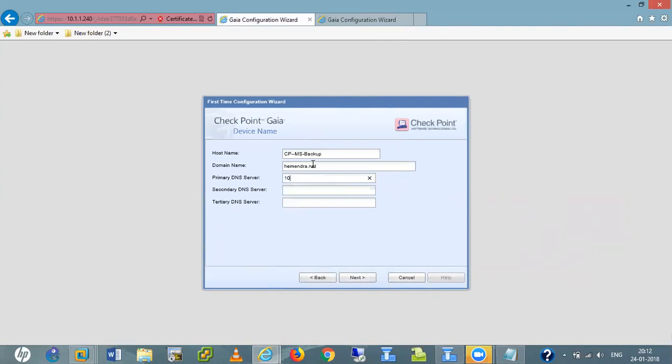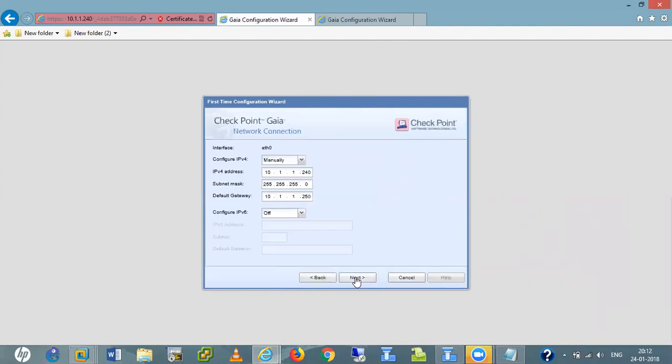Here I give the DNS: 10.1.1.221, 8.8.8.8 and 4.2.2.2. Next. I have the IP address already assigned, and the default gateway is my firewall IP. Next.